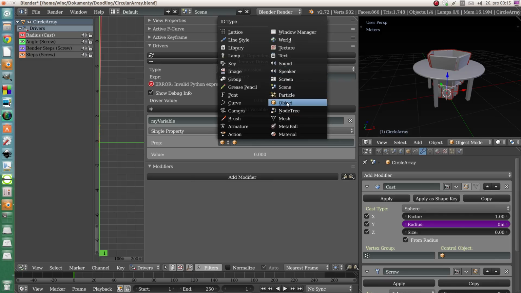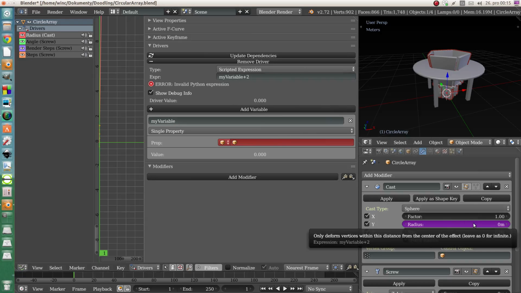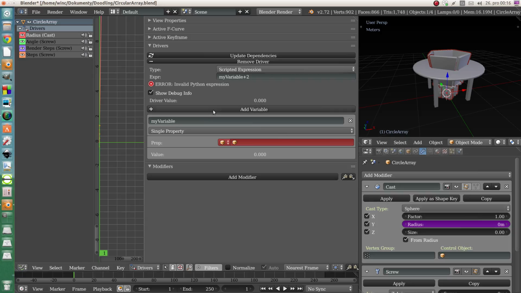So you can access via this variable any number inside of Blender and make some math with it and place it to the radius. So with drivers you can actually make anything, but we will keep it very simple,